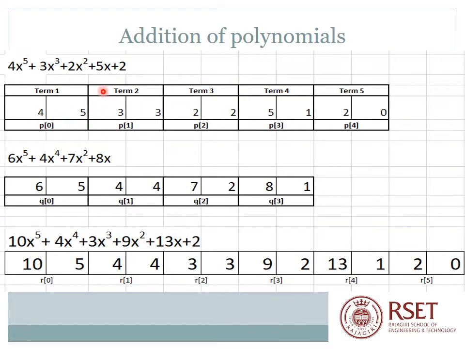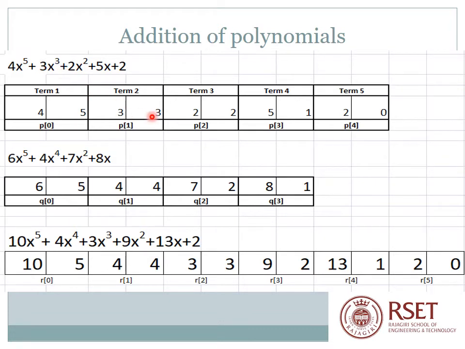I'll give you an example of just polynomial representation. This is actually addition, but still I'm considering this polynomial. I'll ask the user how many terms there are for the polynomial, and the user enters 5 terms. You run a loop and ask the user to enter the coefficient and exponent of the first term, and you read that into the first array element. So you read in 4, 5. Again, the loop executes to enter the coefficient and exponent of the second term.